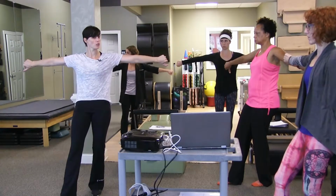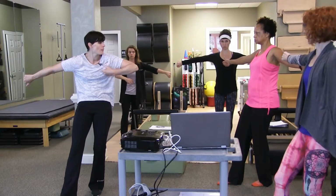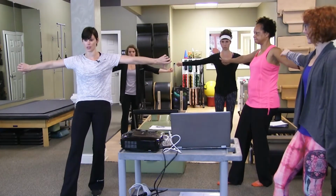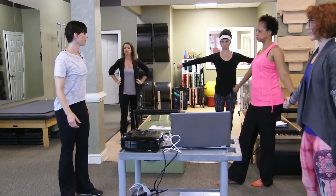Nothing else should have changed but the arms. If you rotate them thumbs down and you end up rounding more and collapsing, that puts your shoulder at risk for injury. If you can rotate them and you can keep this long C curve, all's good. Okay, and then carefully come back on up. Okay, so let's have